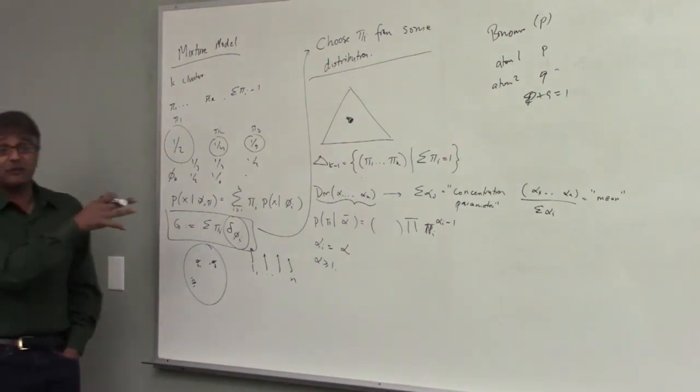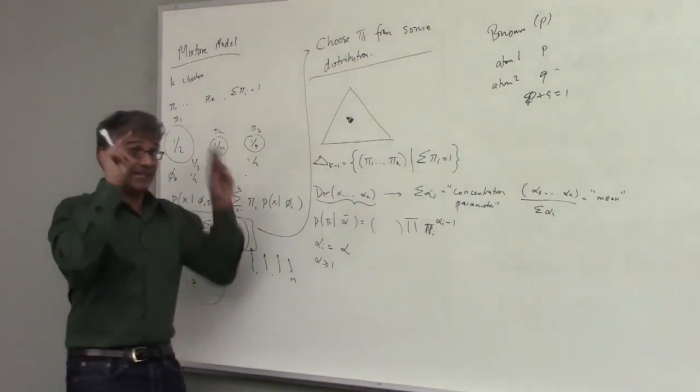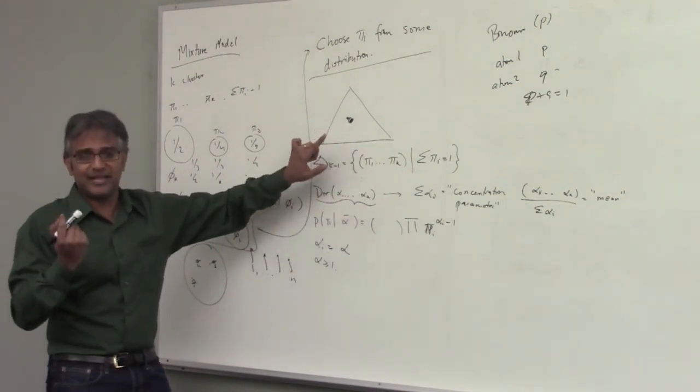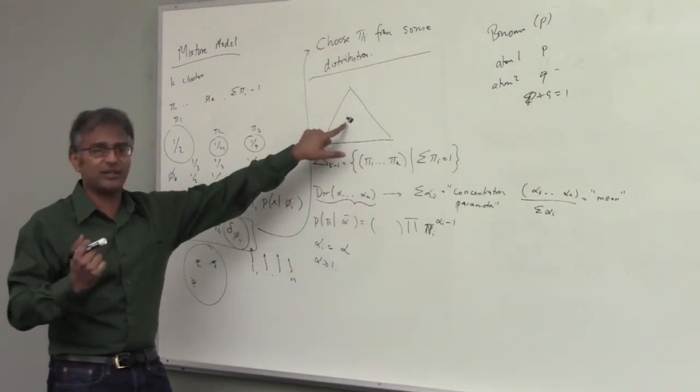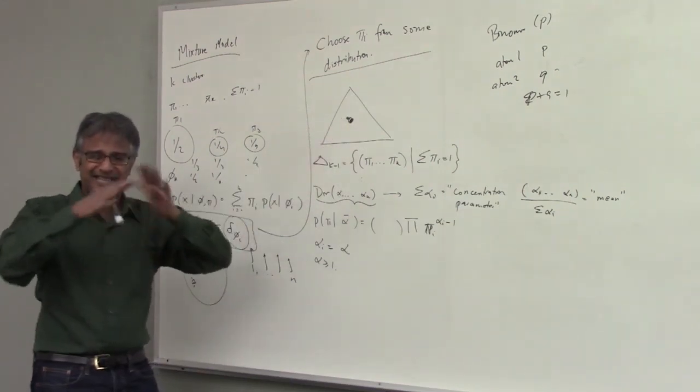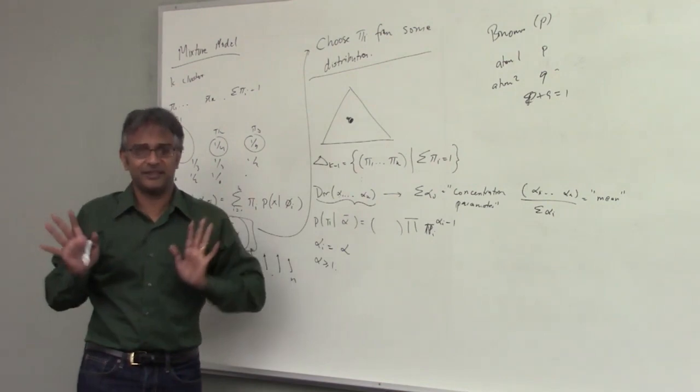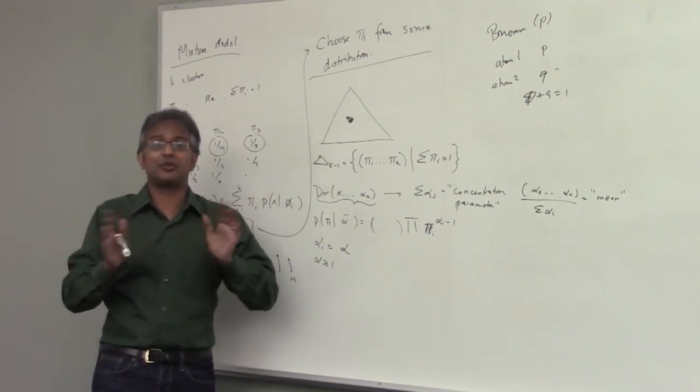And one argument you can make for why this is natural is that it's boiling down to a location-scale principle. You're just saying, okay, there is some location, the mean, and there is some scale, your variance, and that's all you need to describe this entire family. You're not asking for too much.